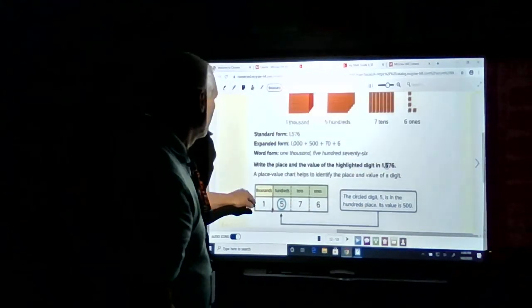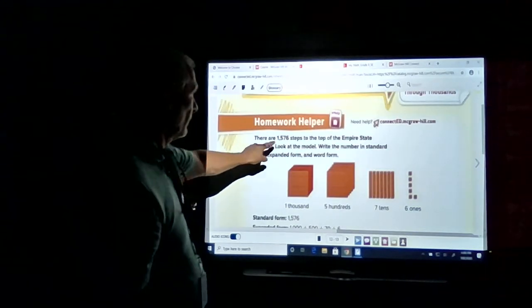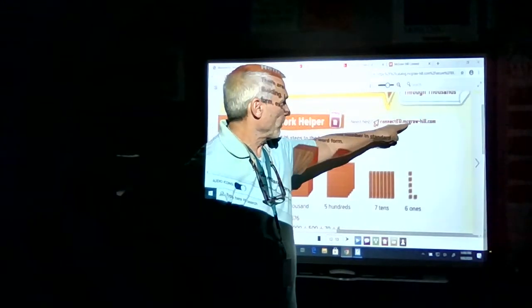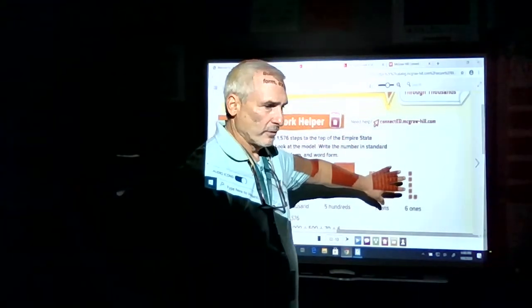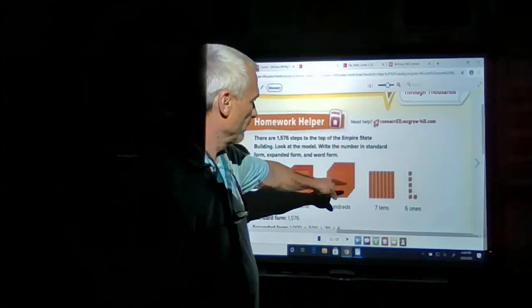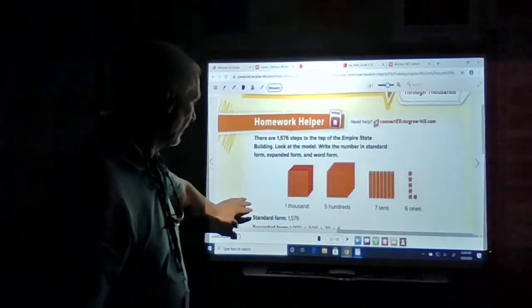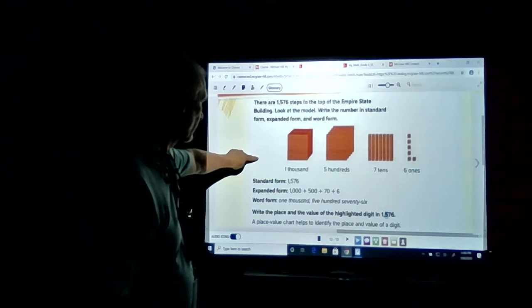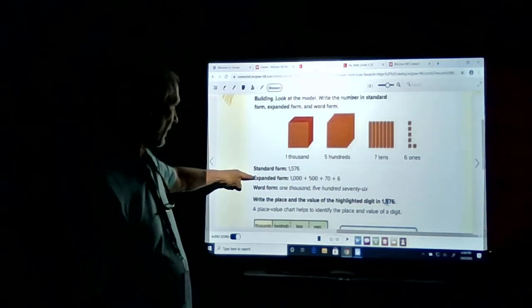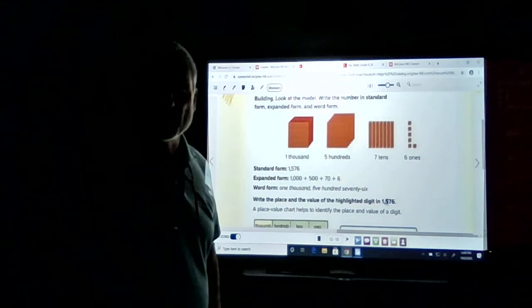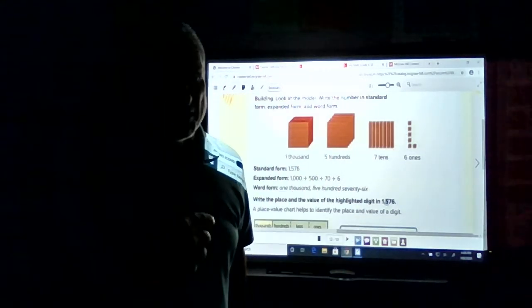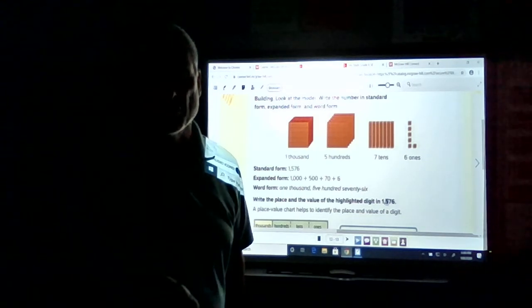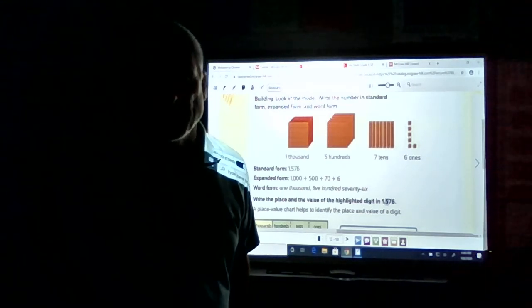And then, boys and girls, here's a helper on McGraw-Hill. Here's your homework page. You have your charts, you have your base 10 blocks, and some big words, standard, expanded, and word. I know it's a lot, third graders, but we will practice several times. We'll just keep going over this and over this because it's going to take a lot of practice,